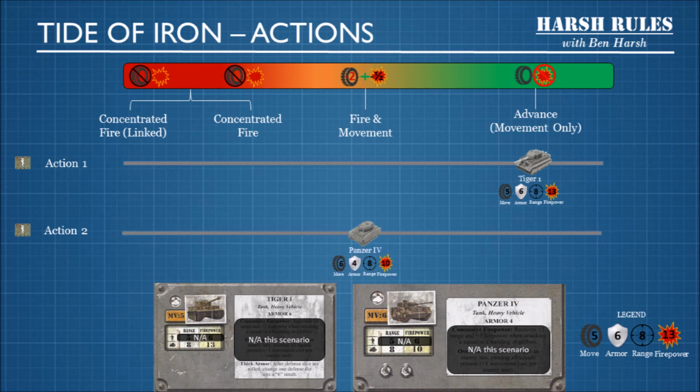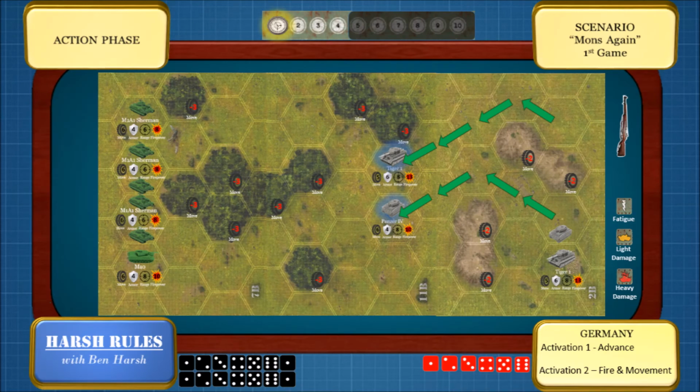So for my opening move, I am going to conduct an advance with my Tiger and a fire and movement with my Panzer. So this is what it looks like. I will be moving my Tiger around the hill and down to the edge of the forest. That uses up 4 movement points, but I'm going to stop at the edge of the forest and my unit